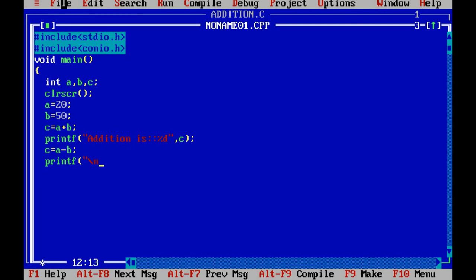Now I want to display the output on a new line, so I put \n here and type subtraction is %d, again the answer stored in C. Then next is multiplication, C is equal to A into B, and write the printf statement to show the result of multiplication, double quote \n, multiplication is %d, comma C.